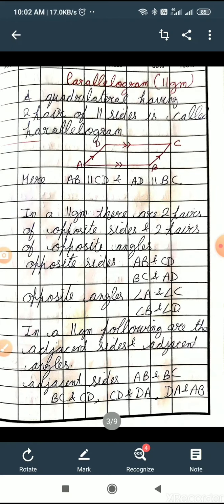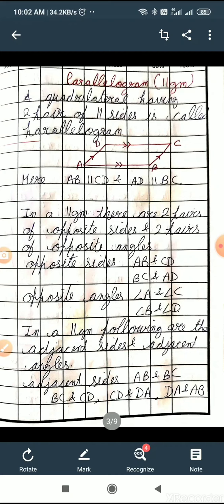So a kite does not have many properties. Similarly, a trapezium does not have many properties. But our next figure, known as the parallelogram, is a treasure of properties. We will have to understand the properties of the parallelogram very carefully, because most of the questions of exercise 3.3 will be based on the properties of the parallelogram.